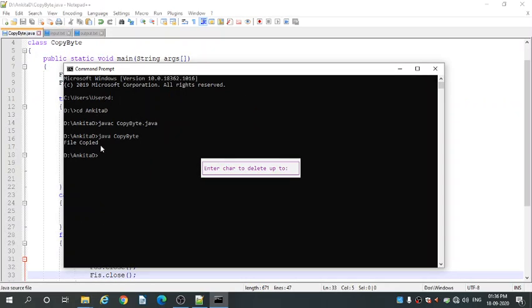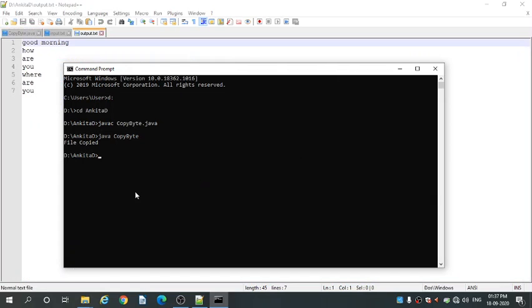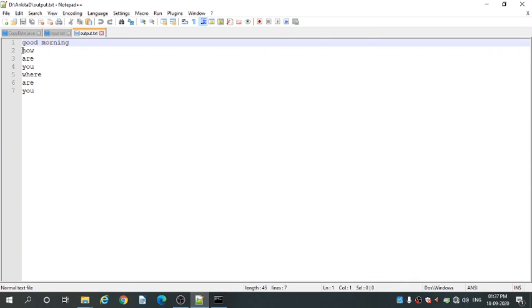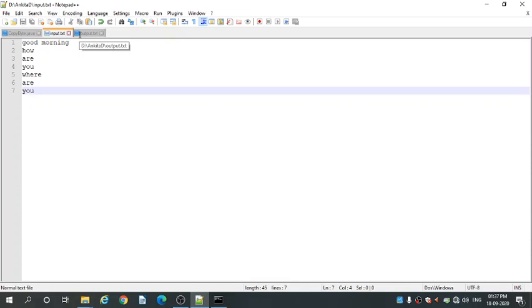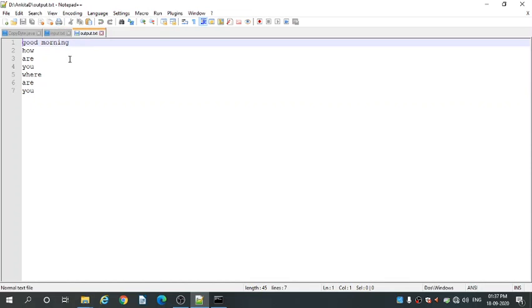Okay. So this is the output, file copied. You can see here by opening the output.txt file. Okay. These contents have been copied to output.txt.